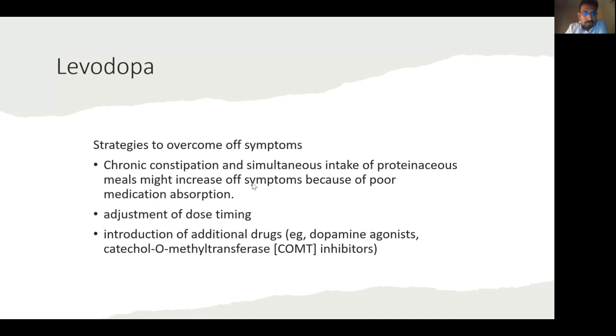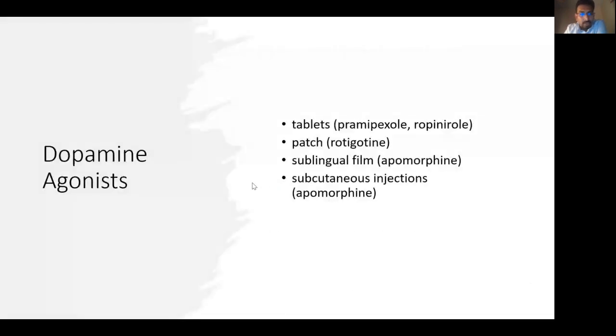The commonest choice most of the time is a COMT inhibitor. It's sold as entacapone; that's one of the trade names here. Then dopamine agonists. These are just some names of dopamine agonists. Different medicines come in different formulations. Rotigotine comes in a patch. Ropinirole comes in a tablet. Apomorphine comes mostly in injection form. In different situations, we use these.